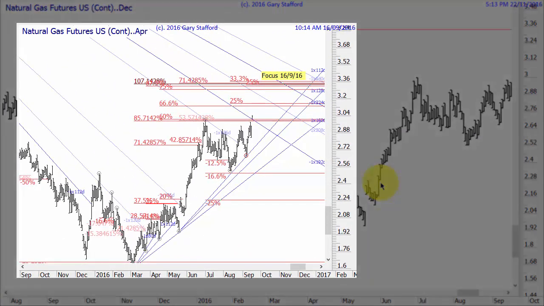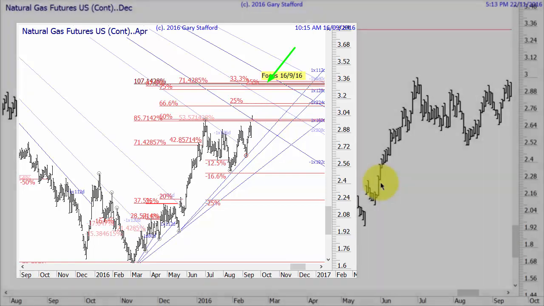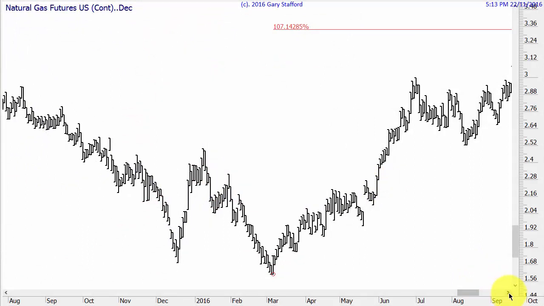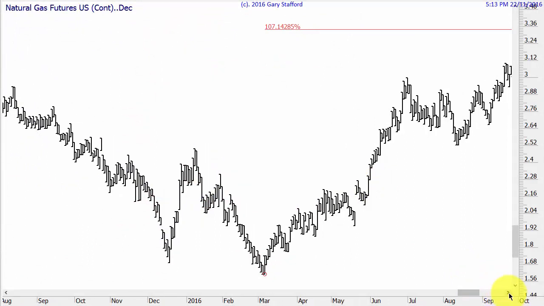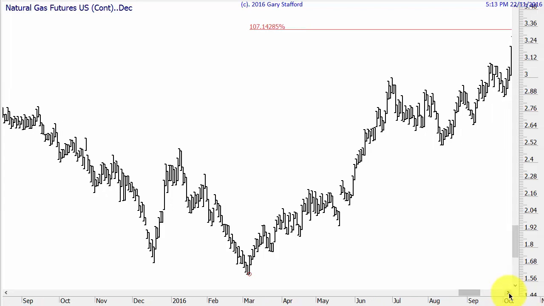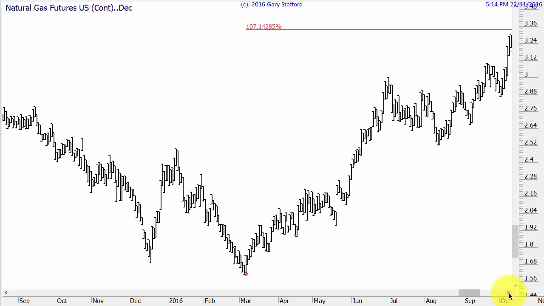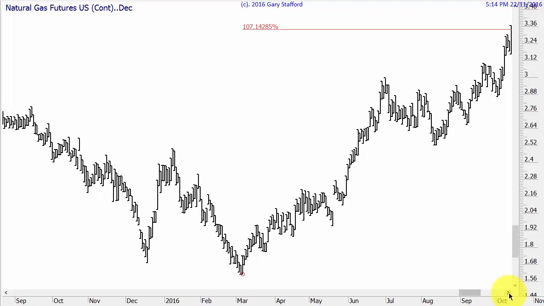This is natural gas. Let's go with the training video, the 16th of September 2016, and I'm watching this level here for a possible short. If you want to pick up my charts, it will be CO 511 by GS. Now, this is what happened and why I didn't trade it. Now the market goes up, and eventually we're getting close to the level. So we haven't got there, and then it gets to my level. So I'm now interested in making the trade.